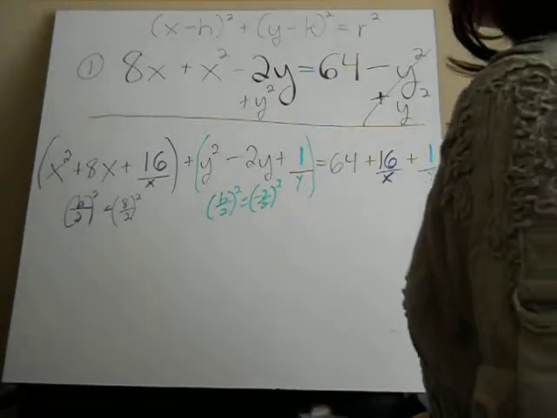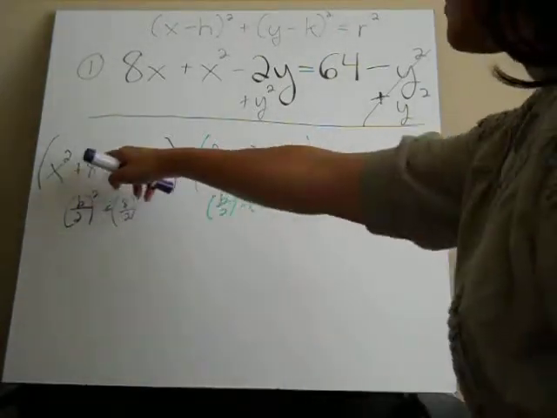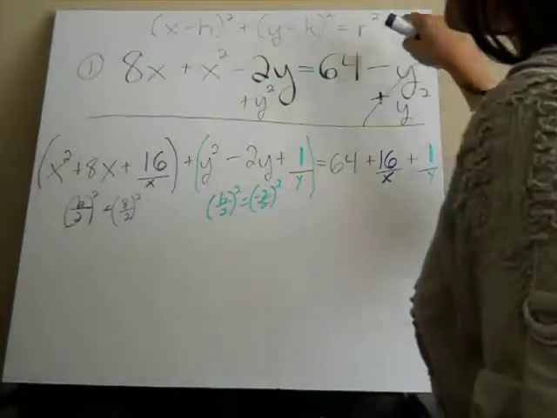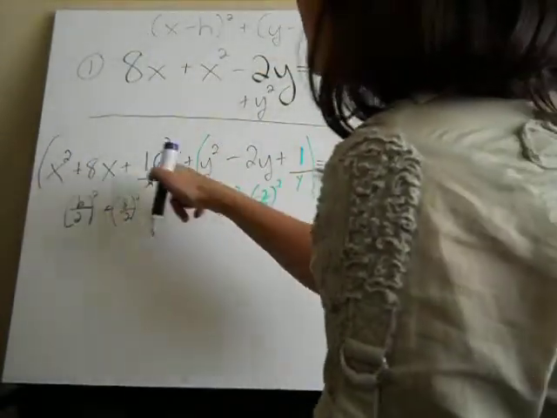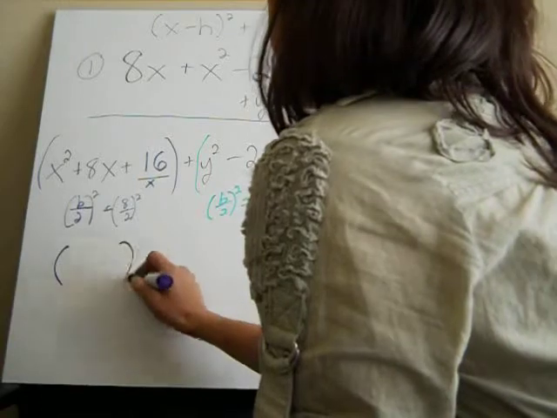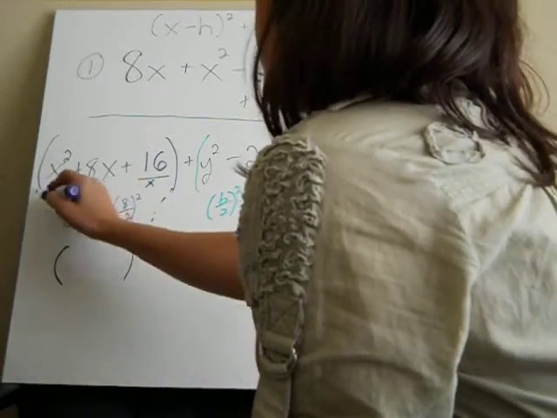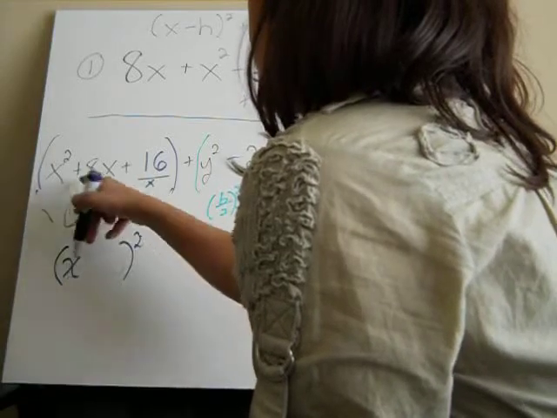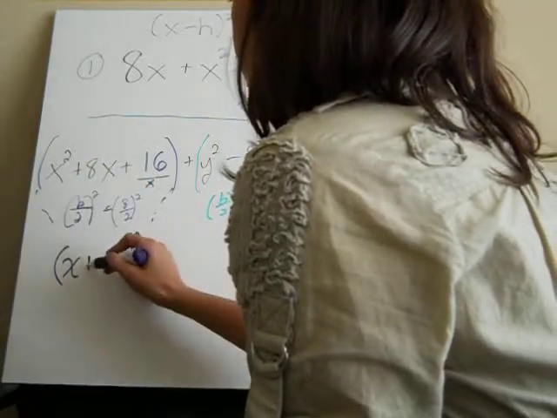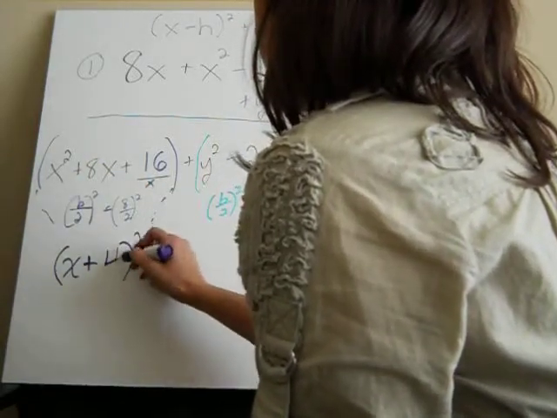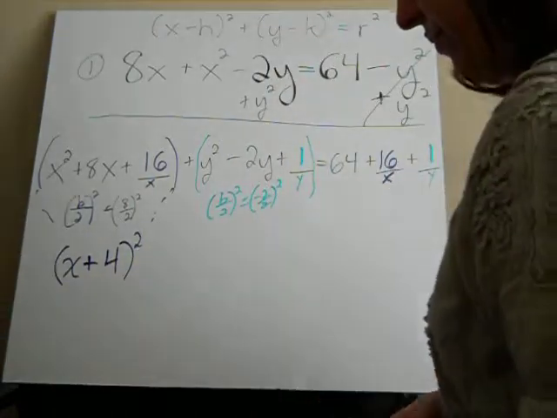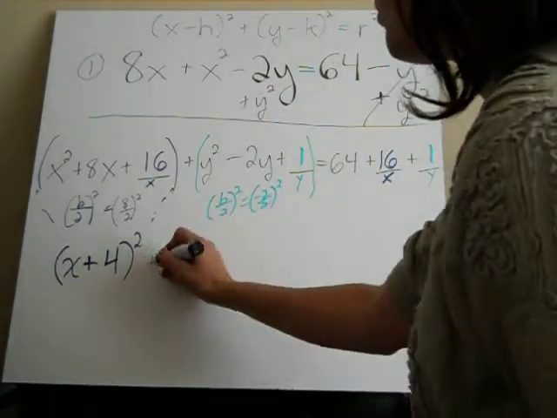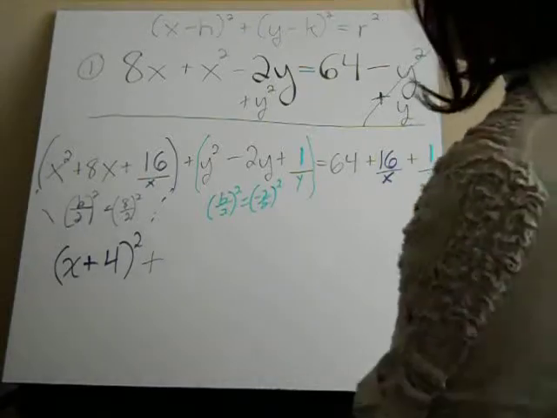Alright, so our next step is to make this look like that. So what we need to do is write this as a binomial squared. Well, the trick to that is to square root x squared and get x, bring down that symbol, plus, and square root 16. For the y's,